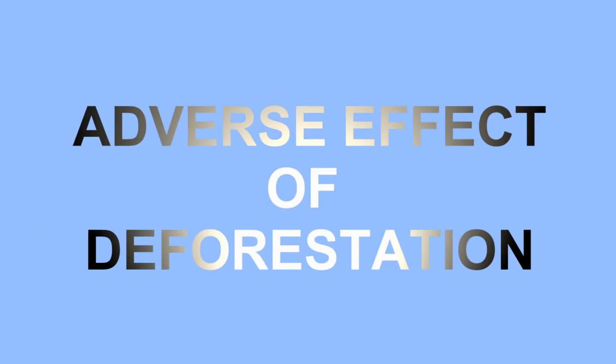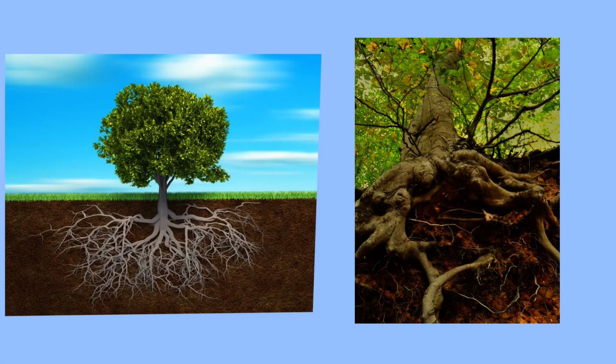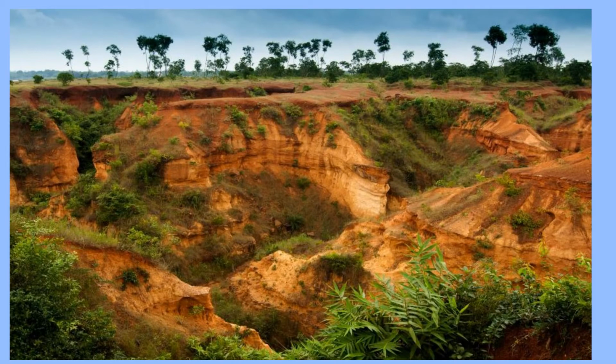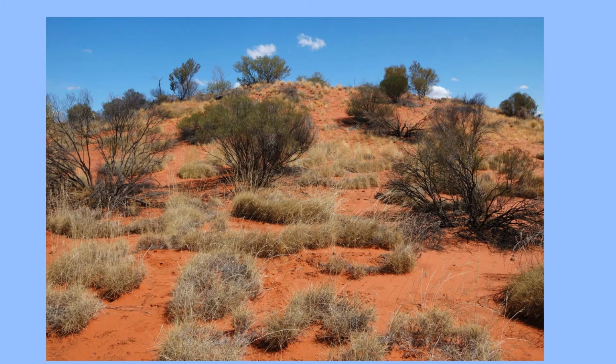Let us now discuss the adverse effect of deforestation on the environment, including us. The roots of these trees hold the soil together. So when the forests are cut, the soil will not have anything that holds it together. So slowly, layer by layer, the soil will get removed. This is known as soil erosion. As the soil is eroded or removed, the soil loses its fertility, leading to desertification, that is a